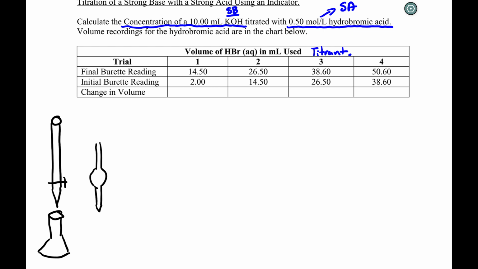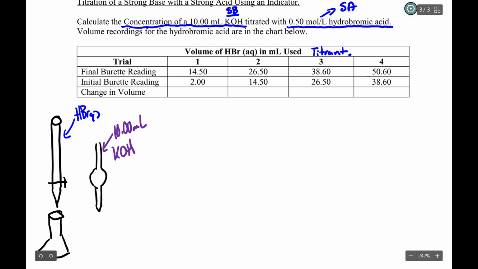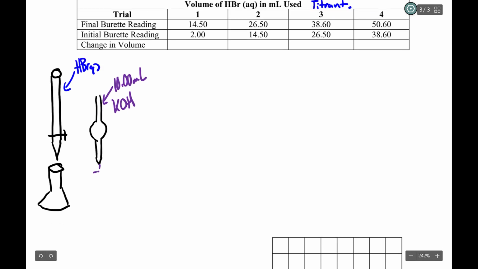Now that you've had a chance to try the question, or if you didn't and you just want me to watch me do it, let's begin the process. So first of all, the titrant, which is in this chart, has to be in the burette. So in here we have HBr aqueous. Now I have 10 milliliters of KOH. So that's a really good indicator that I have a 10 milliliter pipette, and this contains the KOH. The KOH would then have to be transferred from the pipette into the Erlenmeyer flask, so I would have KOH